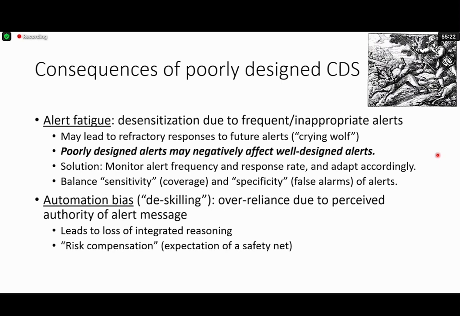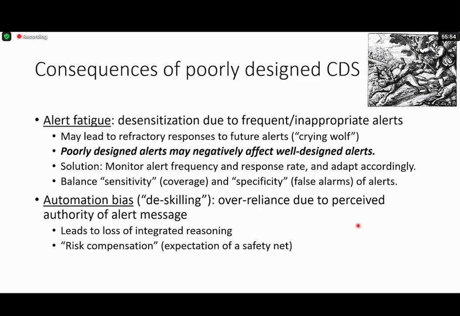On the other side is automation bias, which is over-reliance on alert messages. So another way that people can respond to alerts when they get 100 a day is to just accept every one because, I'm sure the recommendation is good. They wouldn't build it otherwise. That, again, triggers the automatic brain, leads to loss of integrated reasoning,